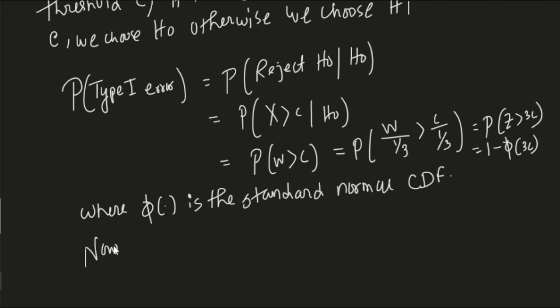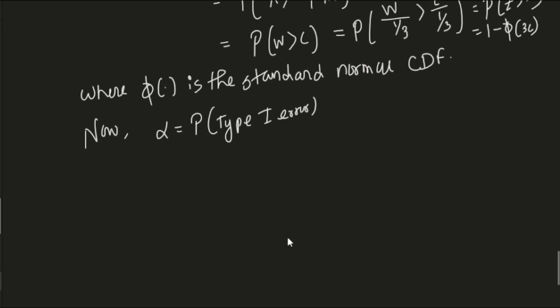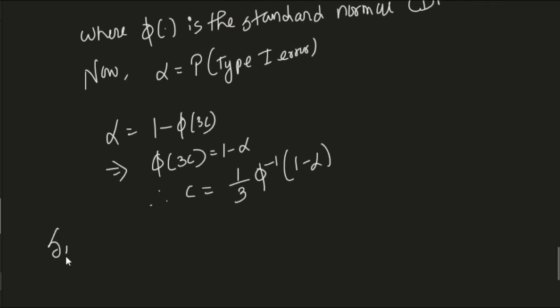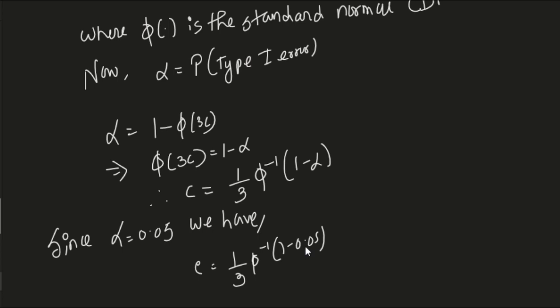Now the type 1 error's probability is usually the significance level, alpha. This means, therefore, c is basically 1 upon 3 phi inverse of 1 minus alpha. Now when we let alpha equal 0.05, we have c equals 1 by 3 phi inverse of 1 minus 0.05, and if you calculate this, what you usually get after dividing by 3 is 0.548, which is